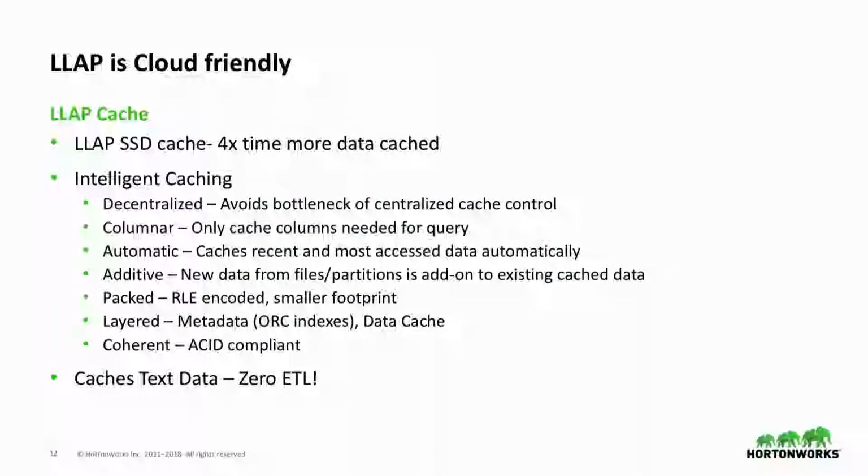So how much data can we cache? This was something that one of our customers, Walmart, pointed out in the previous presentation. The amount of YARN memory that you allocate to LLAP, all of it does not go into caching. The executors of LLAP need at least 4 GB. Each executor needs about 4 GB of memory. So that limits the amount of RAM that you can allocate to